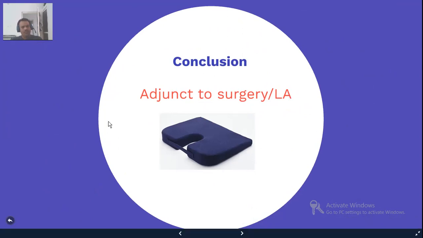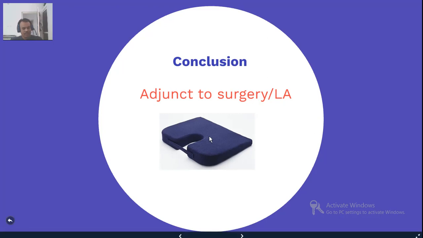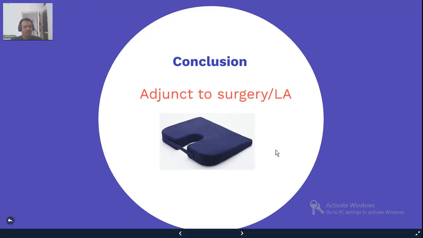One of my personal favorites is using this kind of pillow. We call it a coccygeal pillow. The beauty of this coccygeal pillow is when the patient sits, this coccyx part doesn't touch the chair. So the pressure is avoided. Usually, I advise the patients with coccygeal pain to use a coccygeal pillow for at least 6 months.